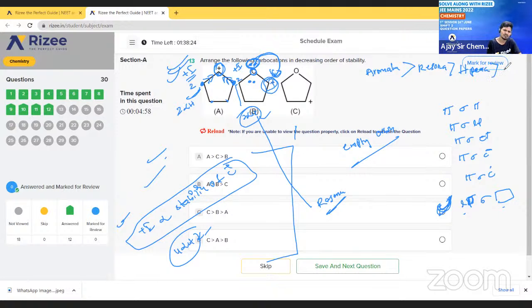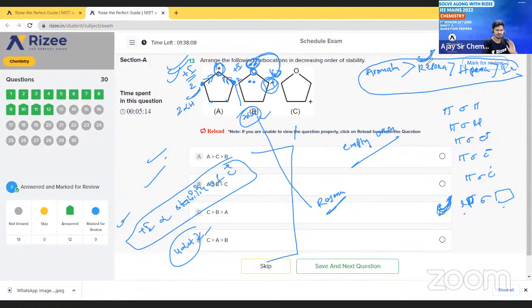Hyperconjugation. And lastly, we can see the inductive effect. We can tell the stability depending upon resonance, aromaticity and hyperconjugation. So resonance is more dominant. So we understood that: